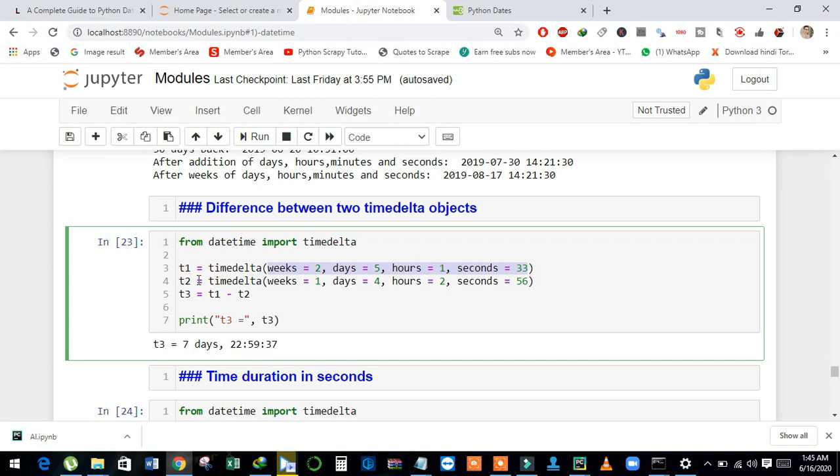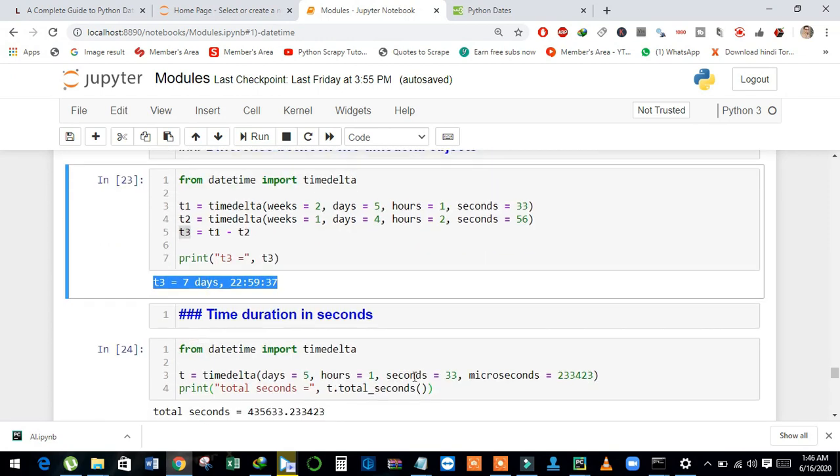And see here timedelta object 2, and these are the arguments: weeks equal to 1, days equal to 4 and so on. And then using T1 minus T2 I just store the difference in T3. And see here when I printed the value it returned me 7 days.